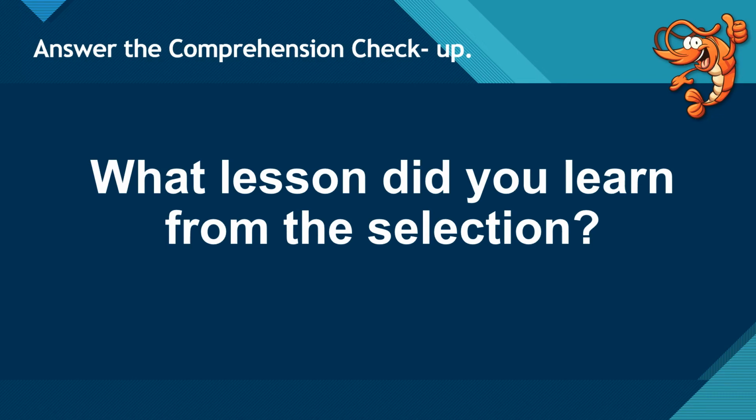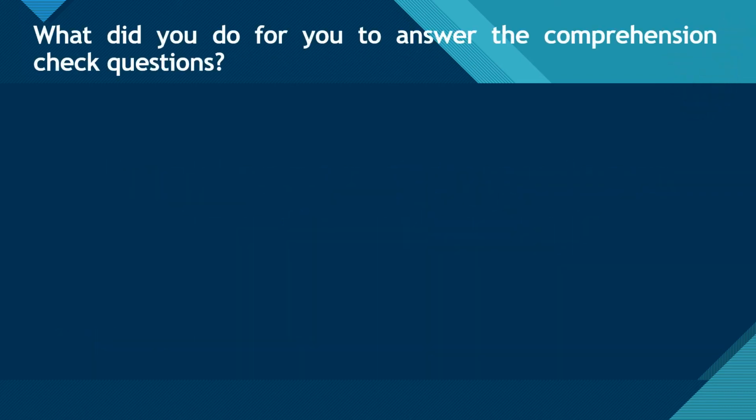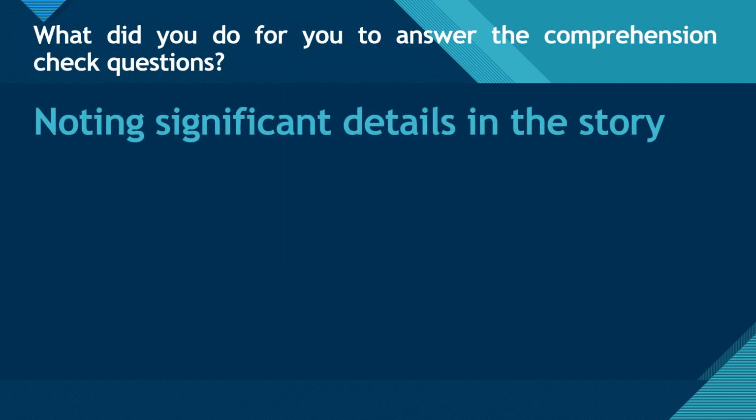For the fifth question, what lesson did you learn from the selection? Explain your answers by giving your opinion and supporting ideas. Okay, now, what did you do for you to answer the comprehension check questions? Okay, very good. So, to help you answer the comprehension check questions after reading a story, you need to do